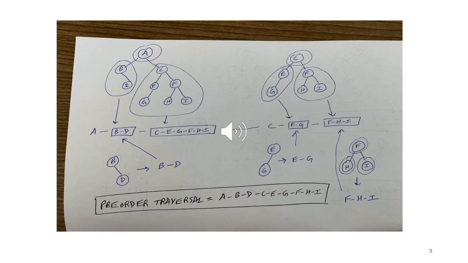Okay, so now I am on slide 9, and here we do the pre-order traversal on the same tree. So once again, you should write down the 3 steps for pre-order traversal. The steps are: visit root, perform a pre-order traversal of left subtree, perform a pre-order traversal of right subtree. For in-order, the sequence was left subtree, root, right subtree. For pre-order, the sequence is root, then left subtree, then right subtree.